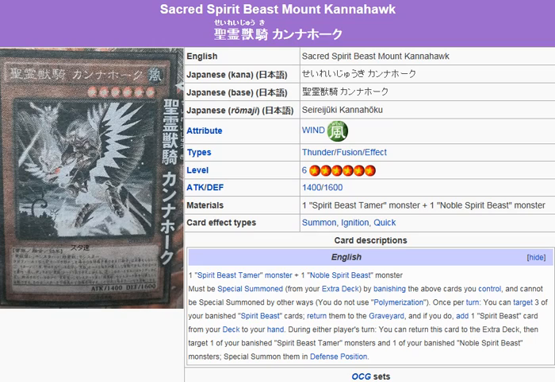Now, as far as the Spirit Beast Tamer monsters and the Noble Spirit Beast monsters, and what they have going on, I haven't seen any individual monsters yet, or I haven't taken a look at their card text yet, so I can't really say what else this archetype has going for it. But this card is going to be pretty useful in that archetype, I can tell, because again, if the other fusion monsters have any similar summoning conditions as this one does,